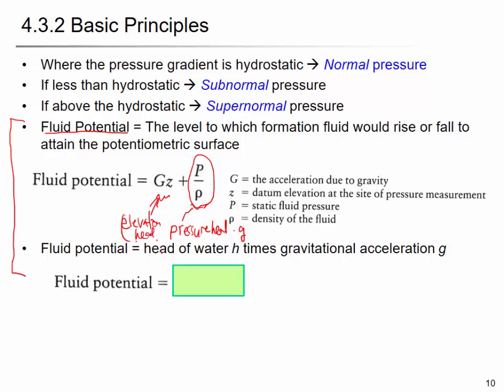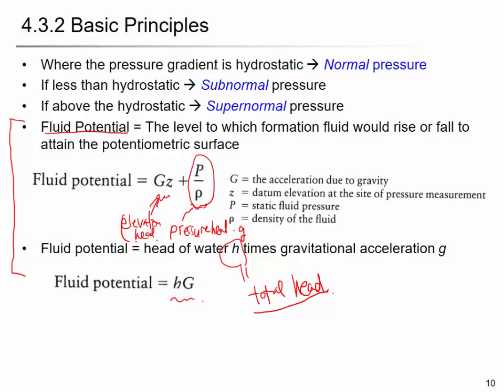So fluid potential is defined as the head times g, the gravitational acceleration. And here the head is the total head. Okay, so then